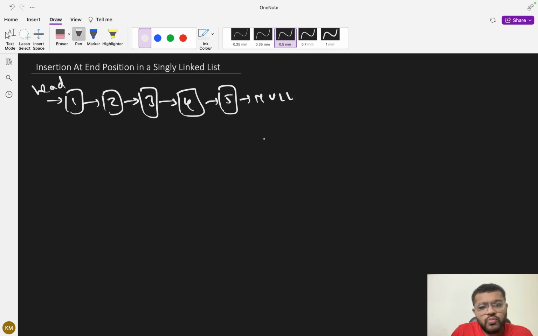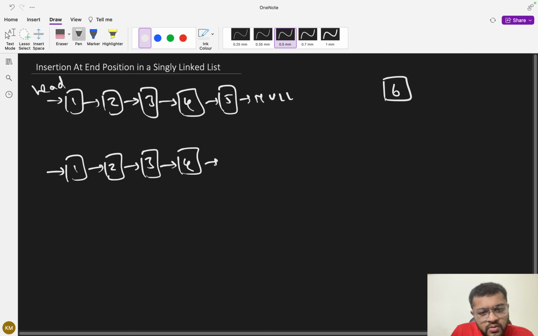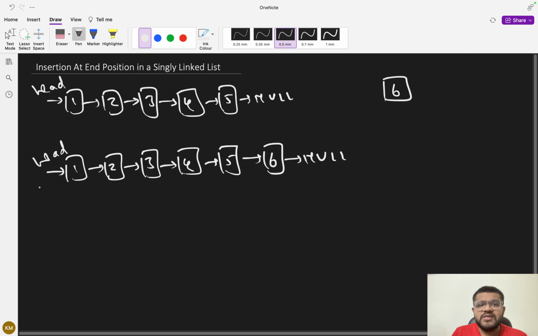Okay, and what you want is, let's say I want to insert a node with value 6 at the end. तो finally हमारी लिंक लिस्ट कैसी हो जाएगी? It would look something like this: 1 2 3 4 5 6 and null, राइट, एंड दिस वुड बी माई हेड पोजीशन।